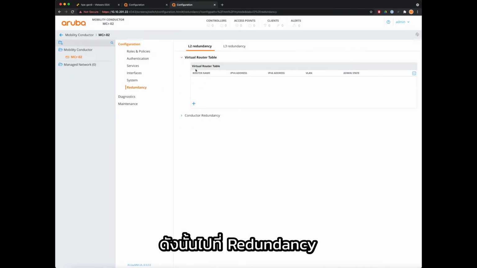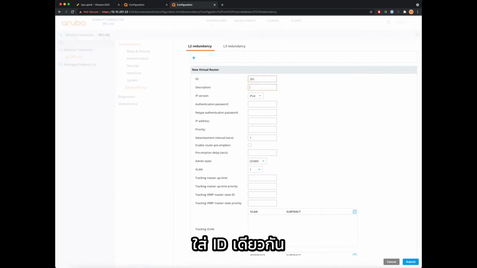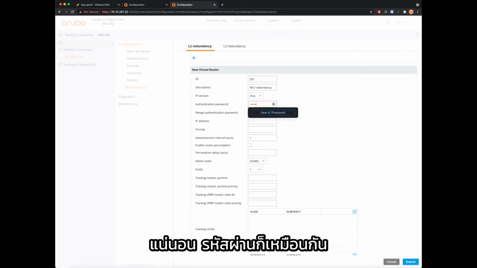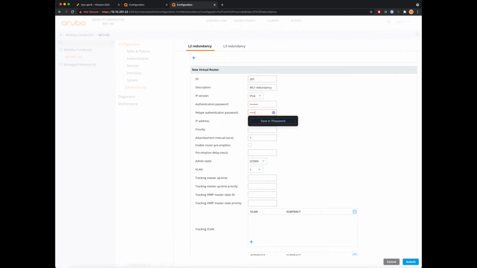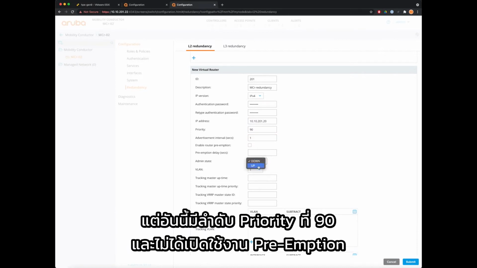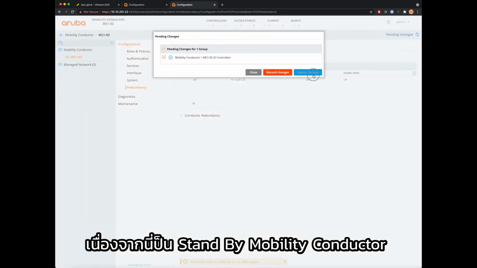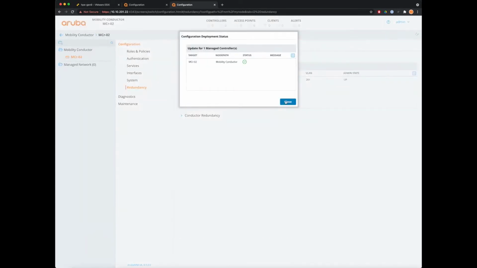So go to redundancy, click plus, give it the same ID, the same description, the same password of course as the other one, the same IP address because this is the virtual IP address shared between the two mobility conductors, but this one has priority 90 and it doesn't have preemption enabled because this is the standby mobility conductor. Deploy changes,